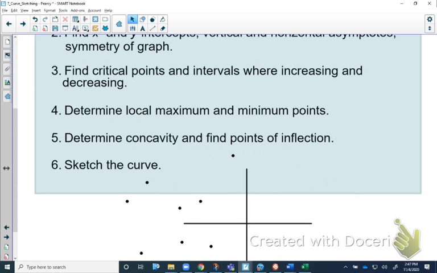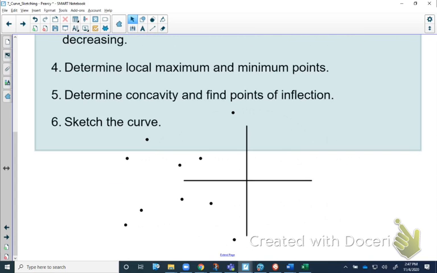Now, some of the stuff that you'll see, you should be able to have a decent idea of how the sketch should look in the beginning, just based off of prior understanding of functions. Here you can go ahead and add this into your notes if you would like. This is just going to be kind of a rough idea of what we're going to be doing with